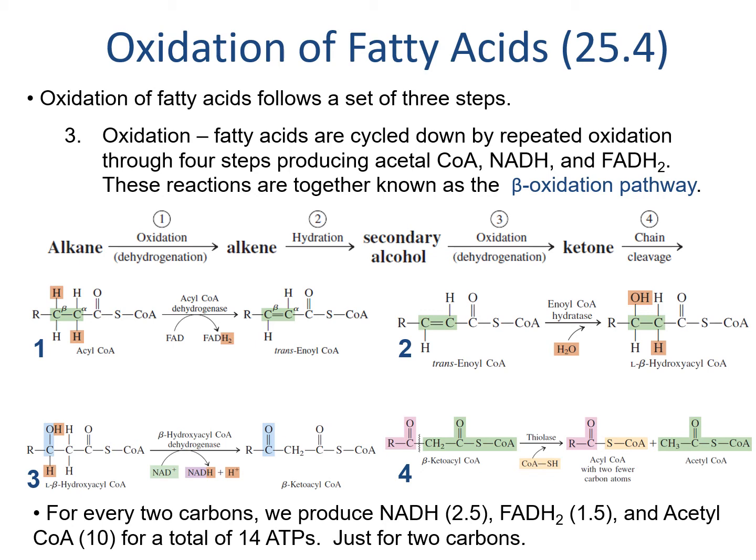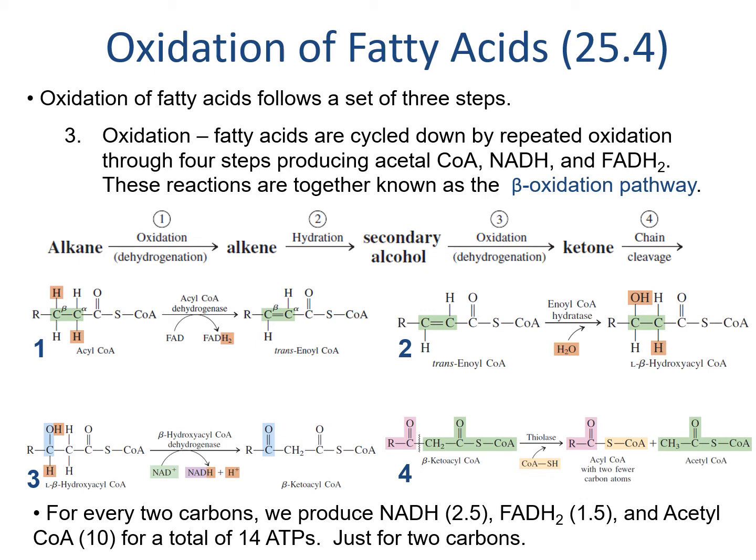The third and final step of the oxidation pathway repeats a series of steps over and over and over again until the acyl CoA becomes shortened all the way to acetyl CoA. This recurring set of steps is called beta oxidation. These first 3 of these steps follow a pattern that we've seen also in the citric acid cycle. First, an oxidation of an alkane to an alkene using FAD and yielding FADH2, then hydration to an alcohol, and then oxidation of an alcohol to a ketone using NAD plus and producing NADH.